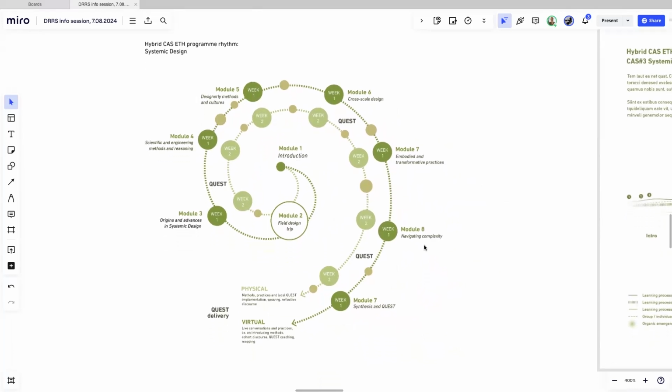Number 8 is navigating complexity, and that brings in a lot of the inner processes. Inner process, what's happening in ourselves. It's not just those methods out there, it's also what's happening inside. And aspects like self-compassion, types of flow, but also being able to develop this notion of organic emergence, which we mentioned earlier, which we would briefly describe as the inner capacity to befriend uncertainty.